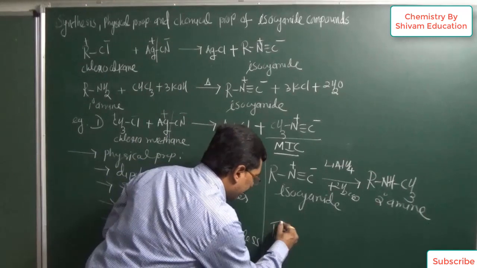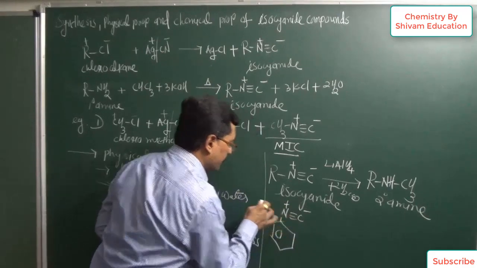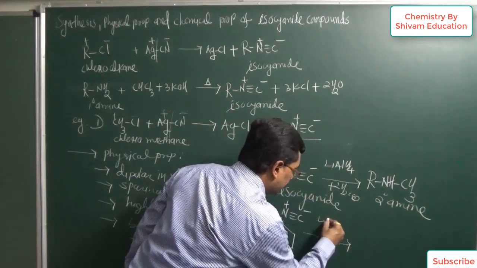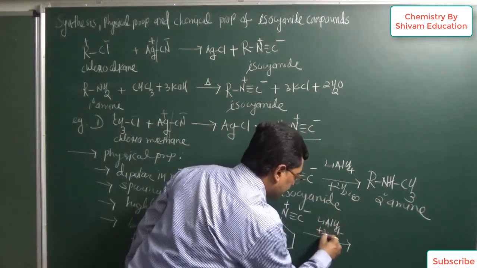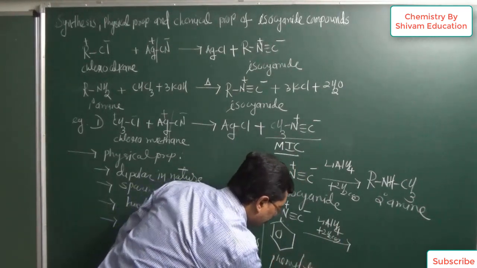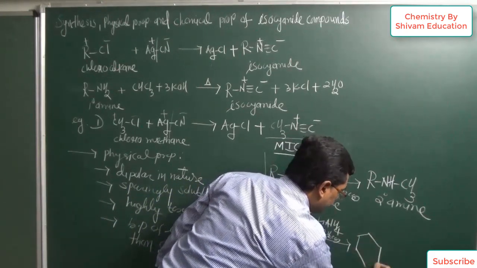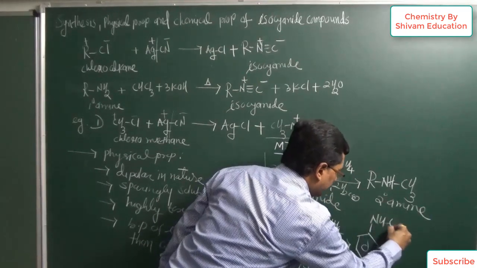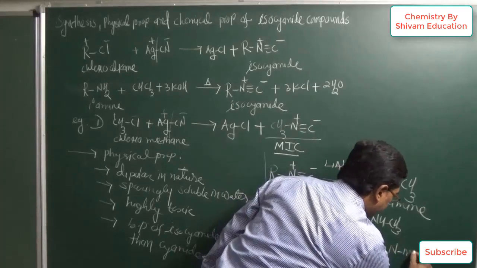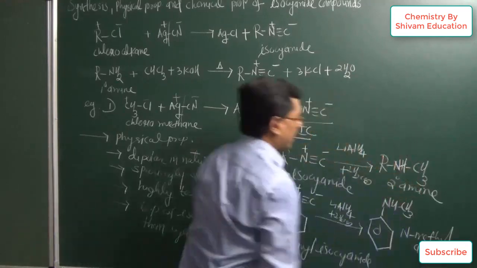So suppose we have this structure, this is known as a phenyl isocyanide. Now this phenyl isocyanide, reduction done by us by using lithium aluminium hydride, same reducing agent, no any change. Then phenyl isocyanide will convert in this structure, and name of this structure you are knowing very well. This is known as a N-methyl aniline. So it is observed that N-methyl aniline will be obtained. This N-methyl aniline is a secondary amine.